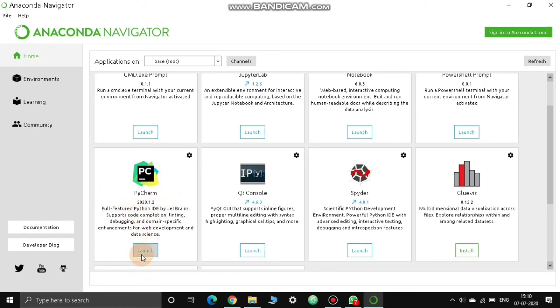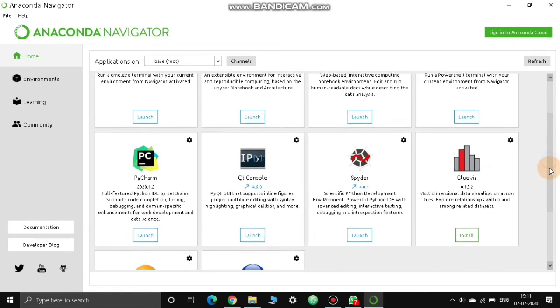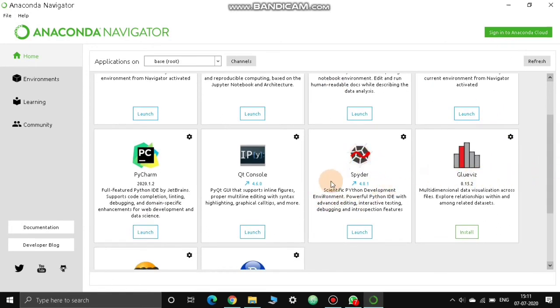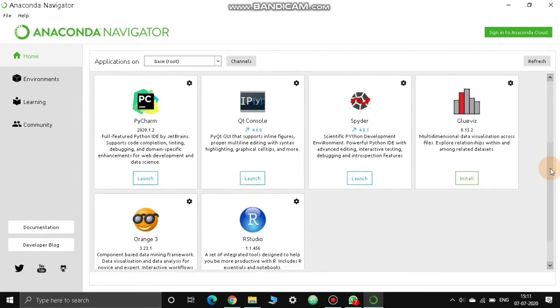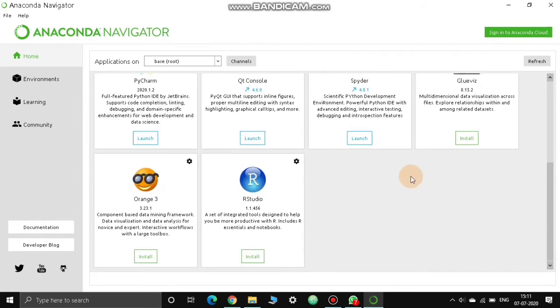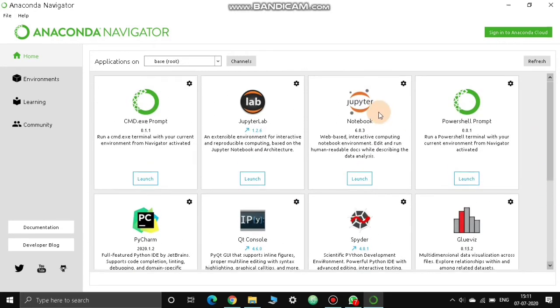You can launch it directly from here, or install it separately and use it from your desktop. This is the Spyder environment. It is also a very good environment for learning data science, and RStudio is basically used for essential data science and graphical plotting of data. So it is very important in that respect.